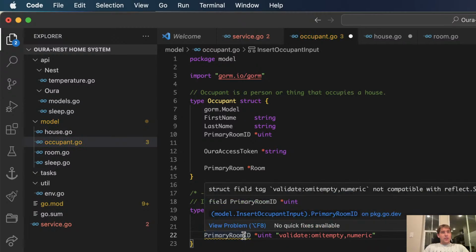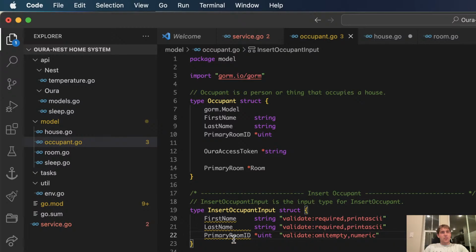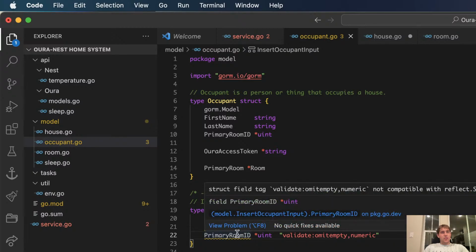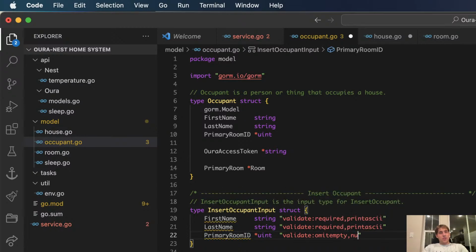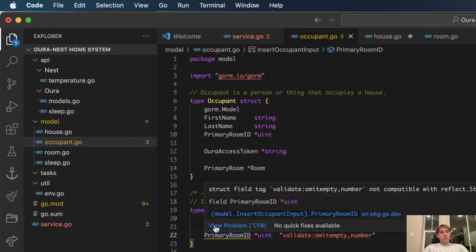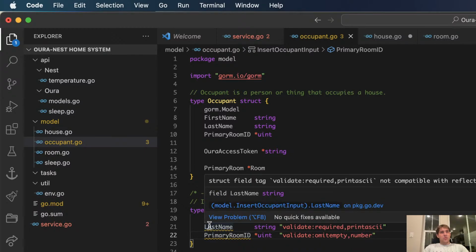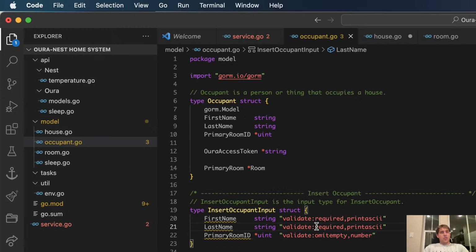Doesn't like that. Tag get bad syntax for struct tag value. For numeric, not compatible. What if I put number? Oh, maybe I need to do this.